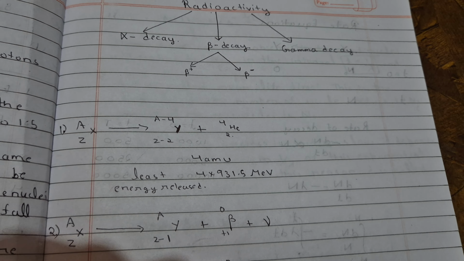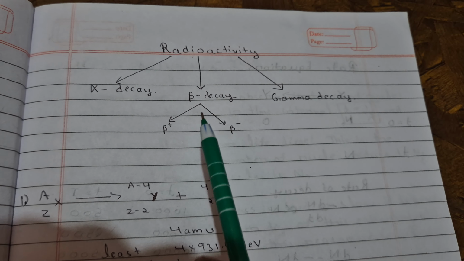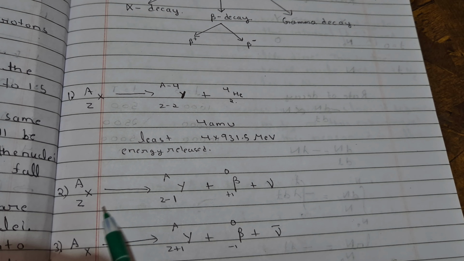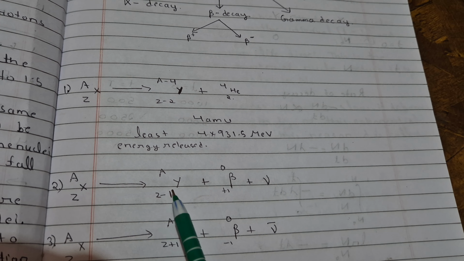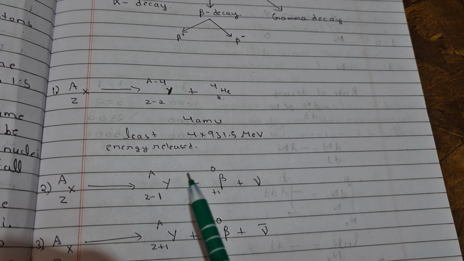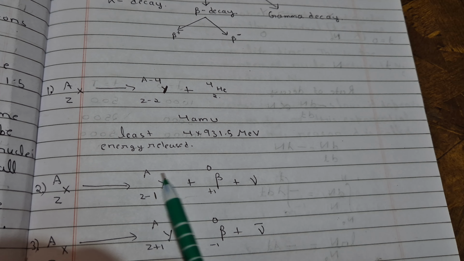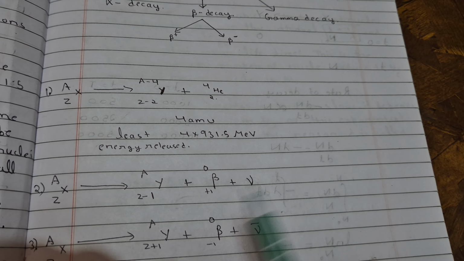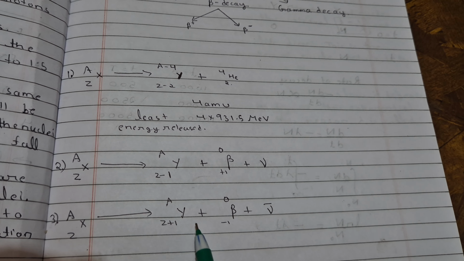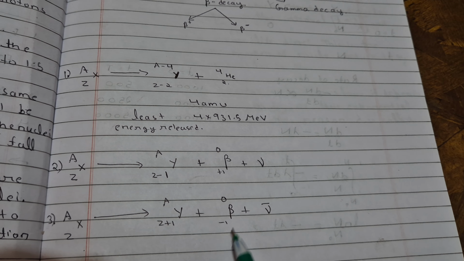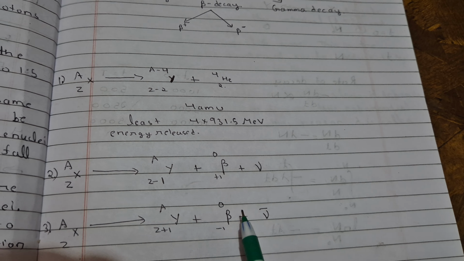When there is a little less extra energy, it will go to beta decay. In beta decay we have A X Z, and if a proton is converted to a neutron, then Z minus 1 will be there, and this gives you beta positive decay, A remains the same, and a neutrino is also emitted. And when a neutron is converted to a proton, then it will be Z plus 1, and this gives you beta negative decay, with an anti-neutrino. That's how the two beta decay processes occur.